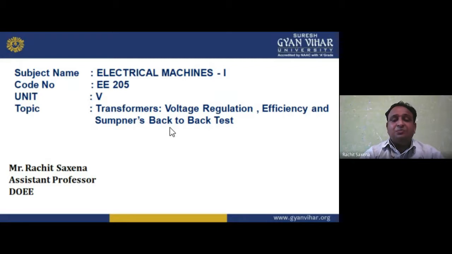Then we have the speed control methods. Basically, for motor speed control we have flux control, meaning field control, armature control, and voltage control, and the Ward-Leonard method and the Ward-Leonard-Ilgner method. Then we have the testing. We have direct and indirect testing, for example Swinburne and Hopkinson tests, and we also have the brake test. These are the tests we have understood in unit number 4.